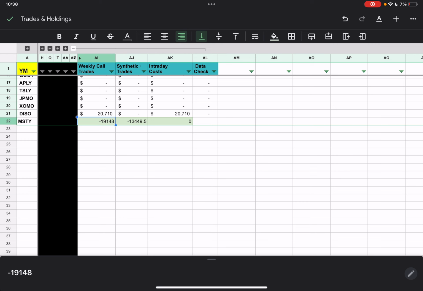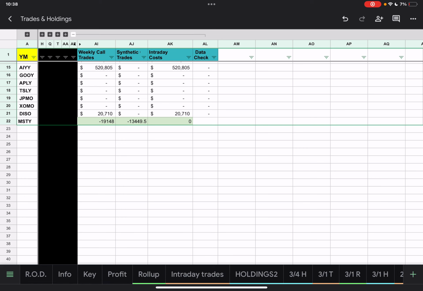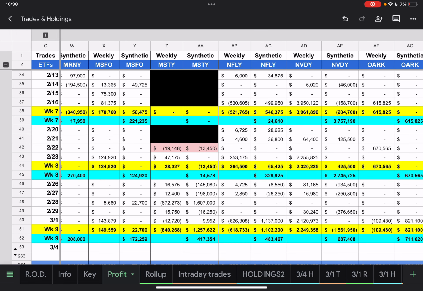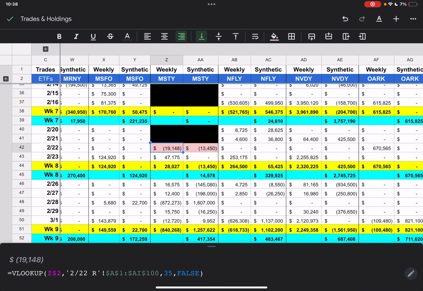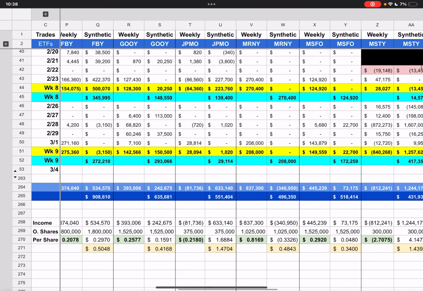All right. Okay. So that's why I don't like hard typing stuff. I like to use formulas, preferably. Okay. So profit, I'm trying to figure out what I called the tab. Okay. So anyway, we found an error, which is a good thing we did it, or else I might not have noticed it. The point of showing this was that I pulled this data from the holdings. So it just made more sense for me to say, okay, any day, if there should be an error, either a new one like this, and we don't see those at the beginning of the trades, or